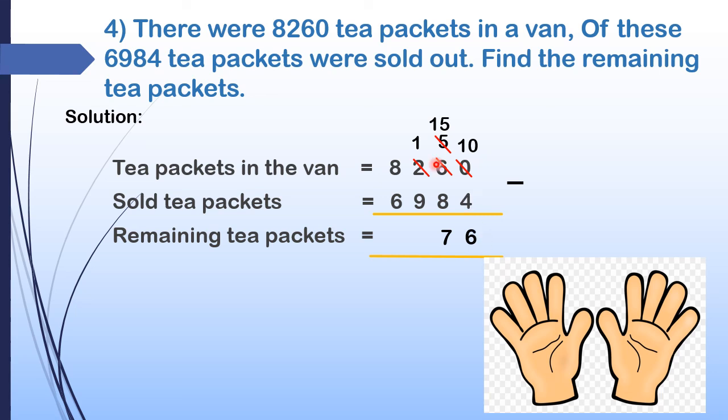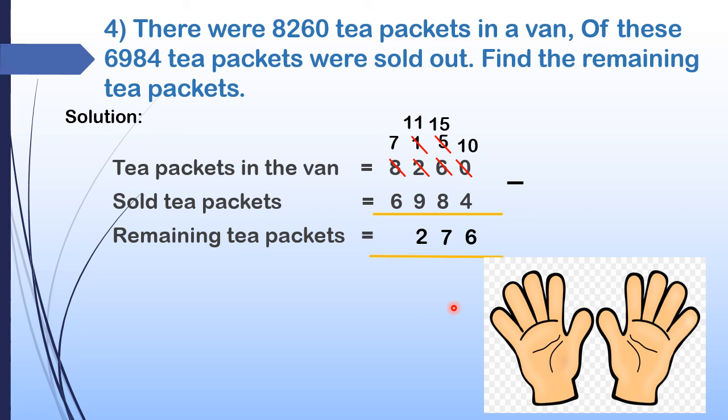Now we move on to next digit, 1 minus 9. What is 1 minus 9? Okay, we can't subtract 9 from 1. So we have to borrow. So now 8 becomes 7. Then 1 changed into 11. Because 10 plus 1, 11. Now 11 minus 9. So after 9, 10, 11. So the answer is 2.